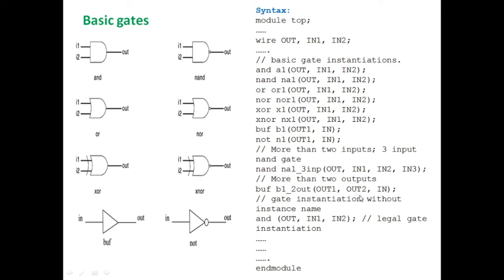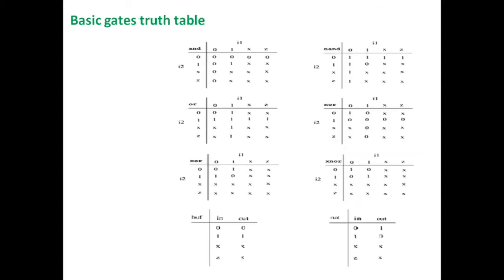So this is a brief view of the basic gates in Verilog HDL, and how the truth table will be. A test bench generates some input signals, and these input signals are driven into the module. The test bench collects the output from the module through its output signal and checks the functionality of the design. This is the one.